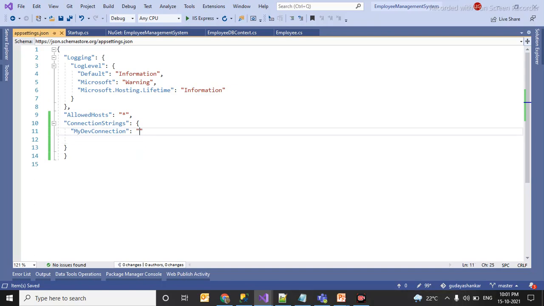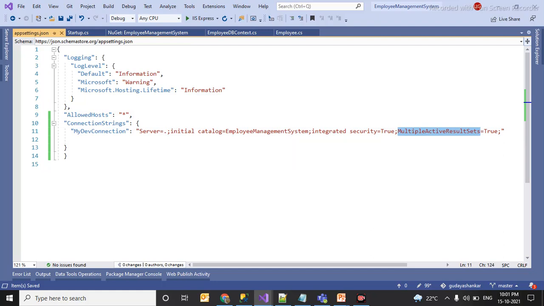Here I will be using my local server, so for that I have given dot, which is nothing but localhost. Let me name it as employee management system. Integrated security is true, multiple active result sets equal to 2. So now we have configured our SQL server.